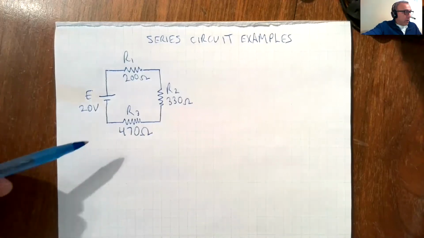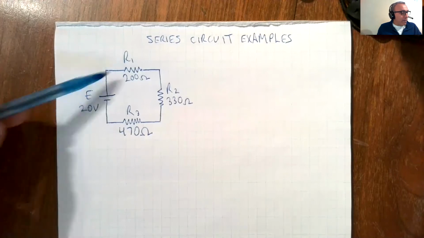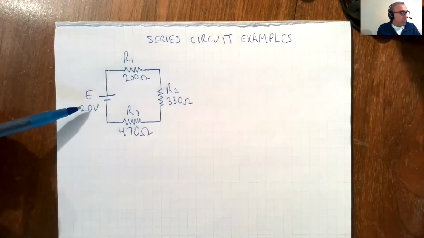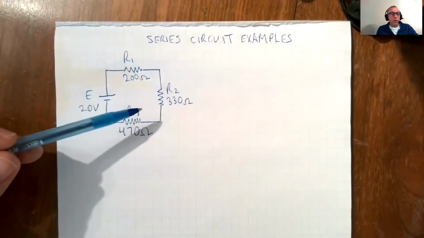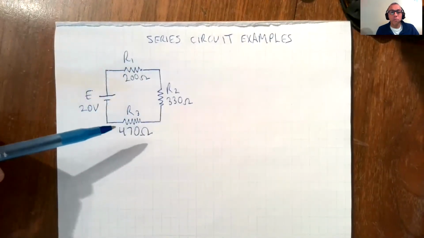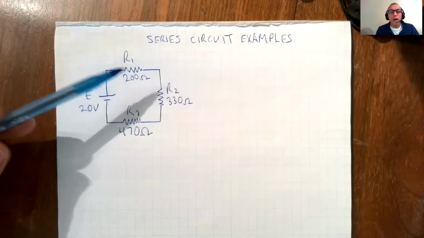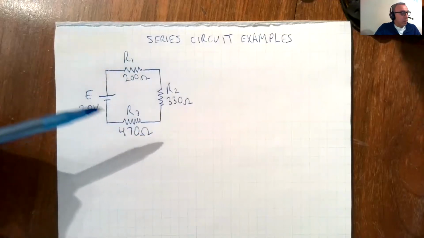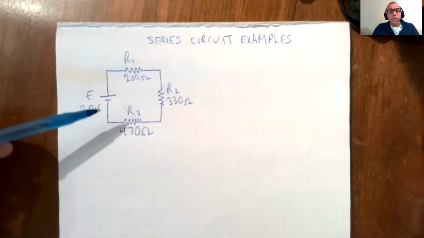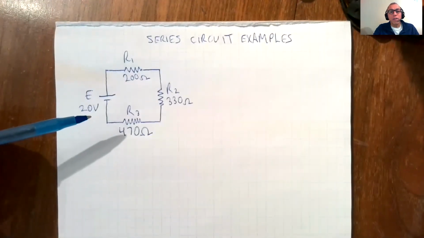So we have a basic series circuit here, source of 20 volts, R1, R2, and R3, 200, 330, and 470 ohms respectively. So let's find IT and let's find the voltage at each resistor. Okay, we're going to do this the Ohm's law way, and we're going to do this the voltage divider rule